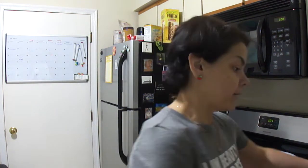Because I don't want the chicken skin to stick and then I don't get to eat the chicken skin because it's too busy being stuck to the pan. You know what I mean? Crispy chicken skin is fucking delicious. So now I got the pan ready. Now,